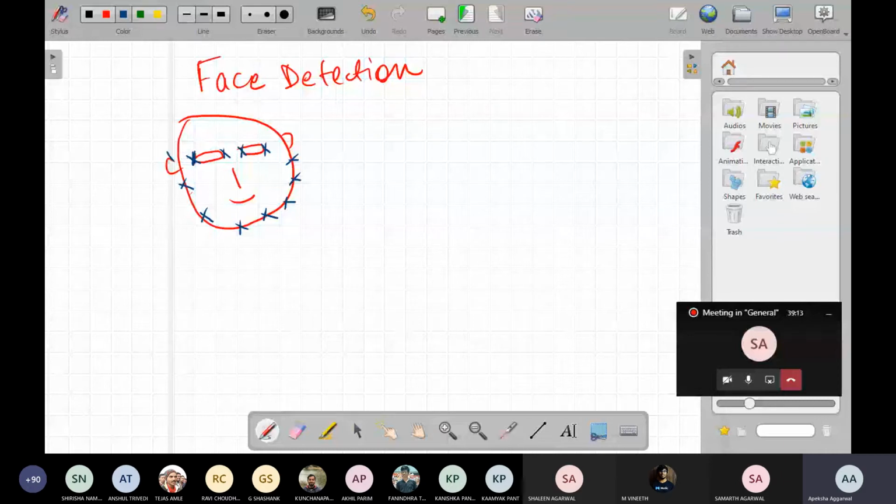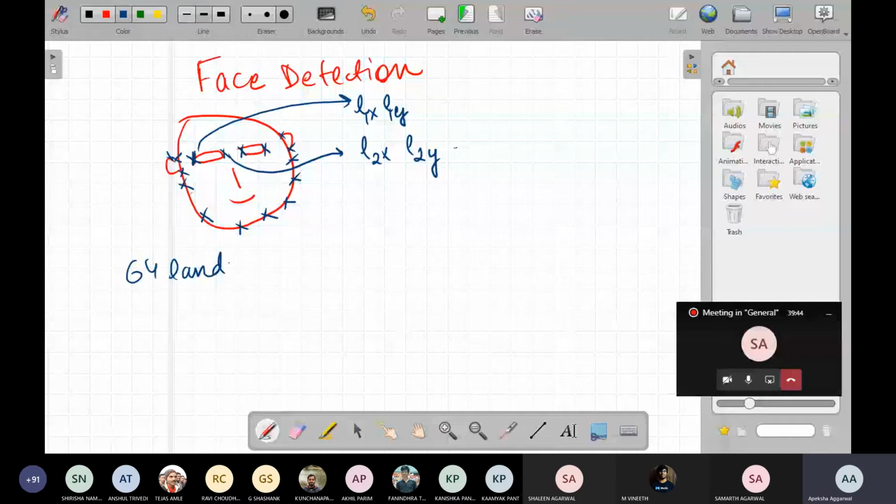If this is a landmark, I can say these are landmarks LX and LY. This is the first landmark, then this point is my second landmark, L2X, L2Y, and so on. If I can classify my face with, let's say, 64 landmarks, then 64 landmarks are required to classify a face.